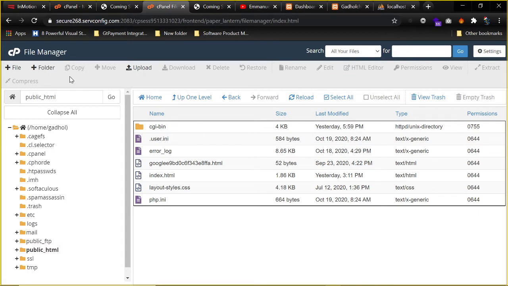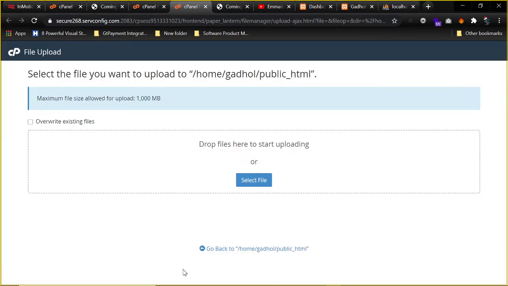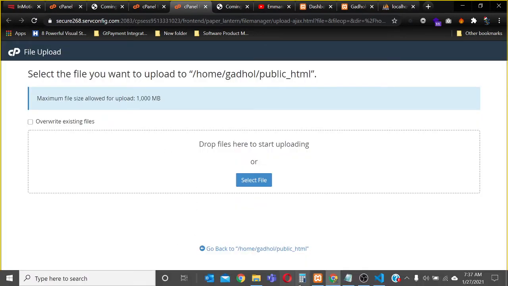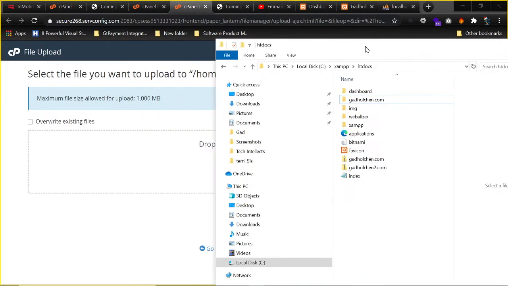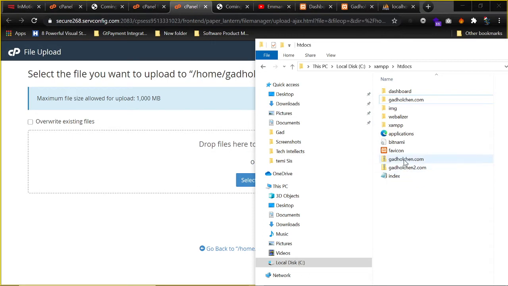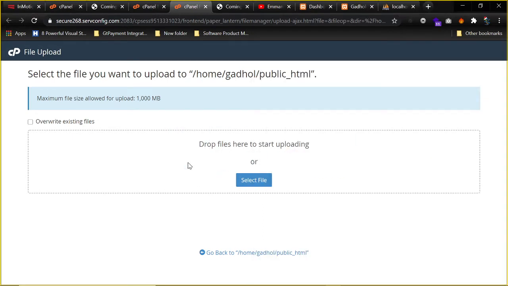So I just need to upload here my compressed folder. So I'm just going to click and drag this compressed folder here for it to upload. This could take quite a while depending on your network. So I will